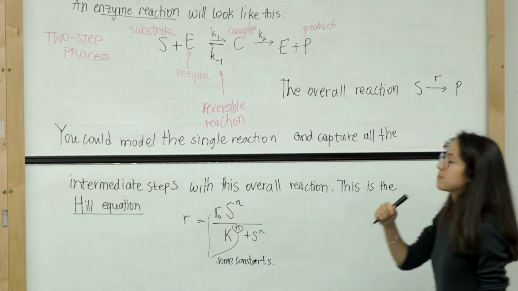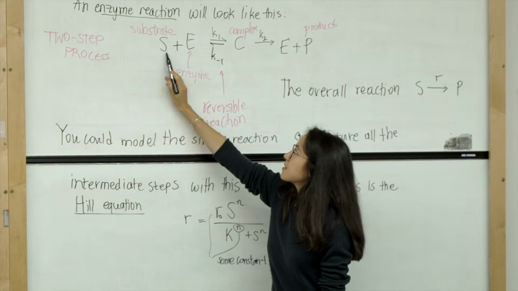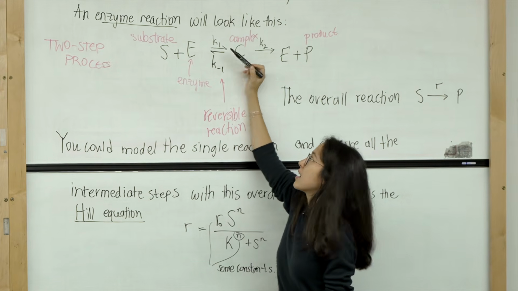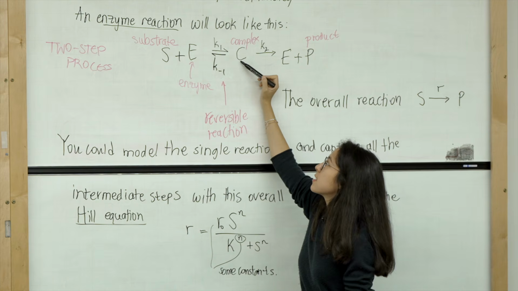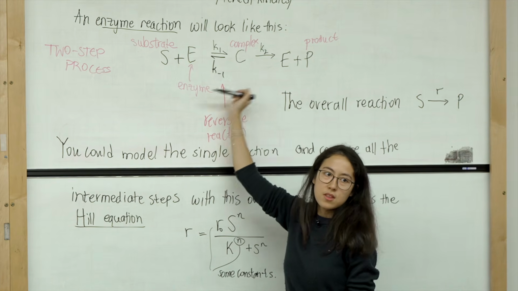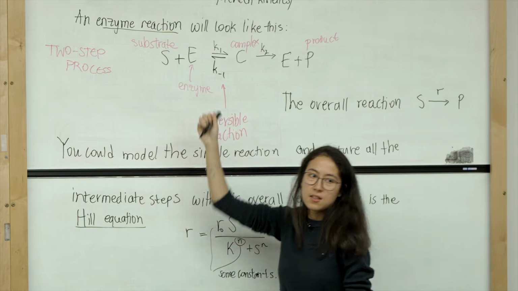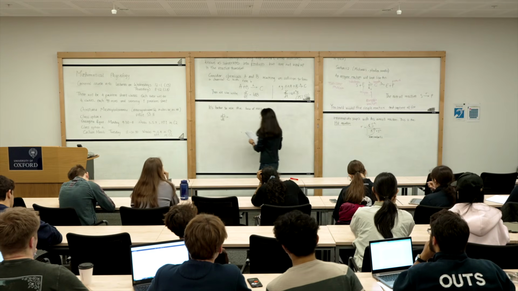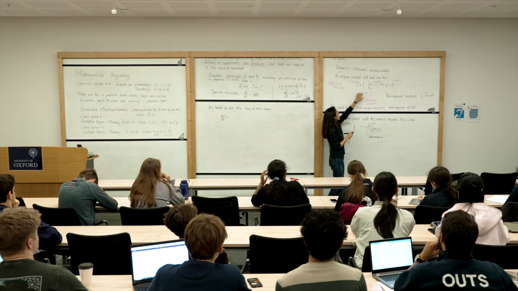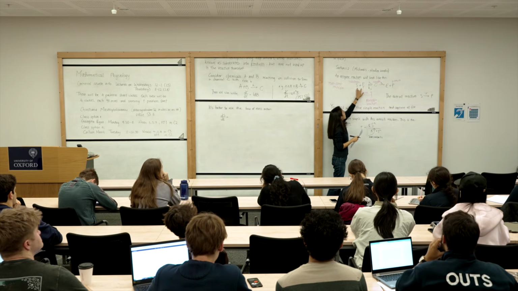Minus k1 C. Perfect, because S gets converted to C, so it gets less and less with this rate. But I also know that C can break down with this rate to give me S. So in this direction, it should increase it, right? Exactly, nice. So it's exactly what your classmate said, but notice that when